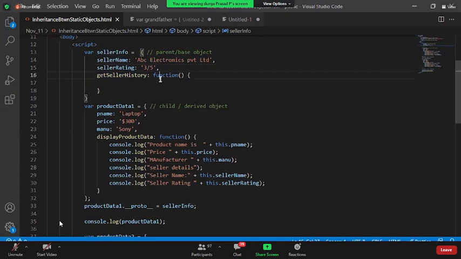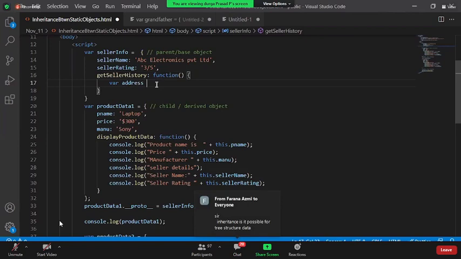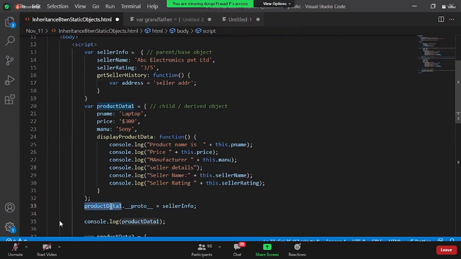Then what you need to do is make it a local variable here. Now you simply say var address is equal to some seller address. Now this address cannot be accessed by the child if you make it a local variable within the methods. But whenever you say inheritance, when you say proto equal to so and so, product data one will get all the capability to point out all the details of the parent which are in public state.